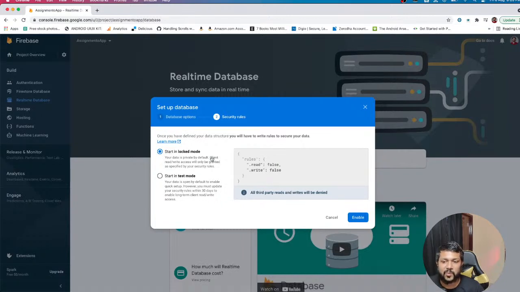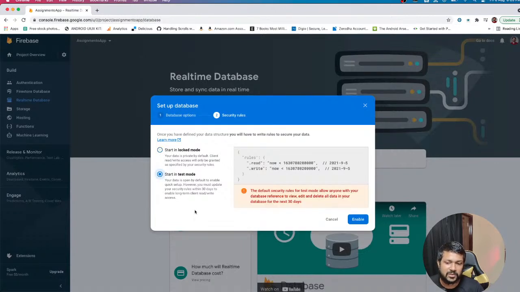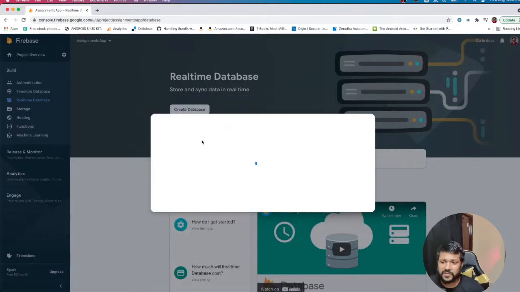This will happen when you are trying to release the application into the Play Store or App Store. If you're not targeting releasing applications at this point of time, just trying to prototype stuff, just leave it to test mode where anybody can write, anybody can read. So those are the rules that automatically get set. So let's click enable, and it will finish enabling